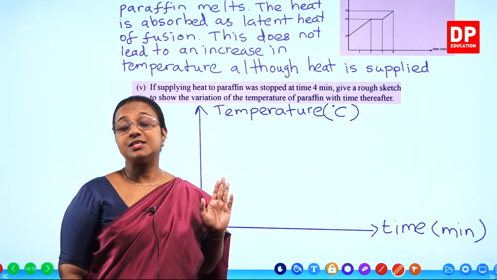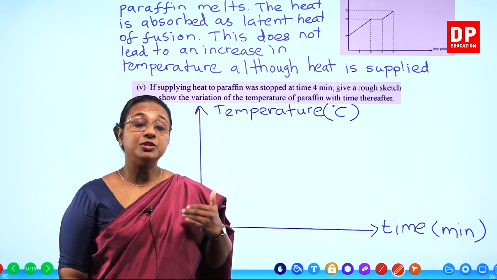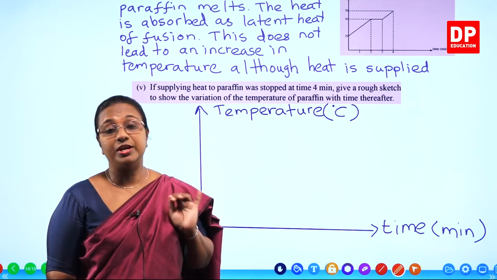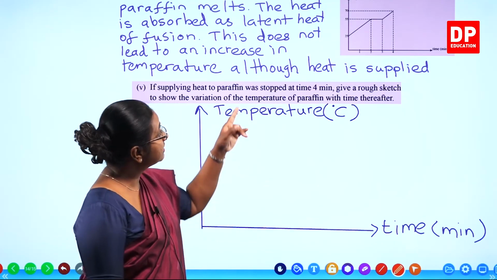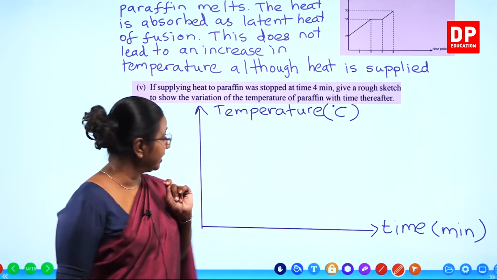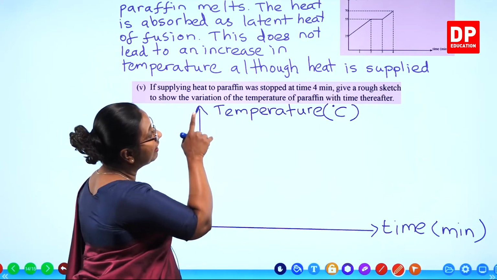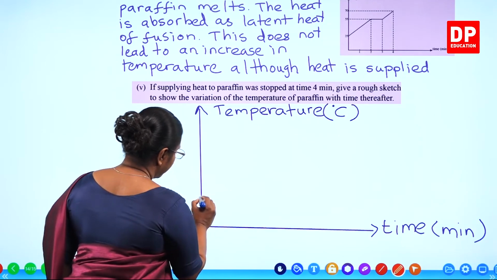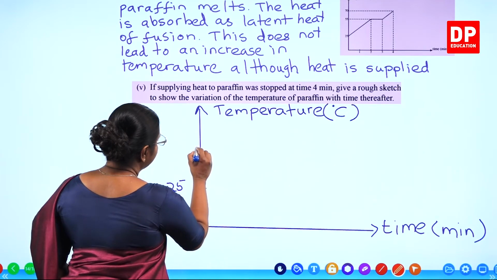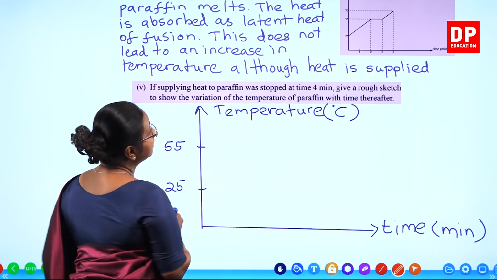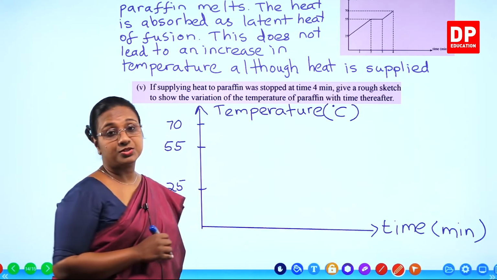But now the heating has been stopped and there is going to be natural cooling. The wax is going to lose heat to the environment and it's going to cool down. So there is going to be a state change, because now the wax is in the liquid state. So it is the liquid wax. And we need to mark the temperatures again: 25, 55 and 70 degrees Celsius. So I will mark the temperature as 25 here. That's the room temperature. Then 55, that is the melting point of solid wax. And 70, that was the temperature to which the wax was heated.